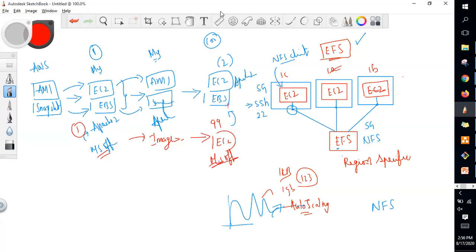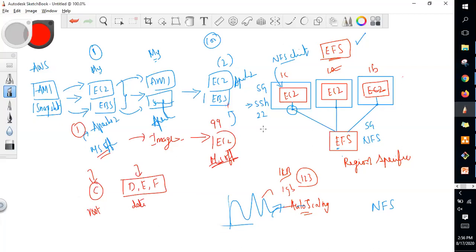Differences between the root and data volume: a root volume will have the operating system. It's like the C drive and the D, E, F drives. In Windows, you might have your C drive, which will have the applications and all the information about your operating system. But the D, E, F drives are basically just empty, just to save your data, right? That's the difference between the root and the data volumes.